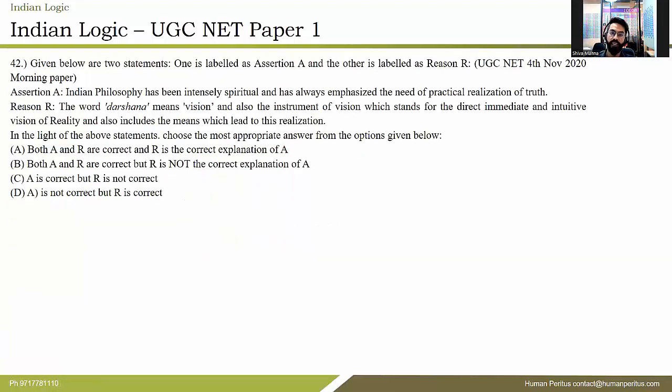Okay, moving on to the next question. Now this is a very basic, very philosophical question to think about. Now, what actually happens in Indian philosophical system, every single thing that we think about, that we discuss about, is based upon what we see from our own eyes, right? So that vision is called darshana. That's it. Is the most basic definition of what darshana actually is. How you perceive something, how you understand something is based upon what you actually see.